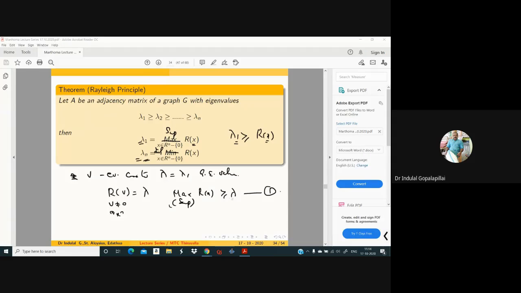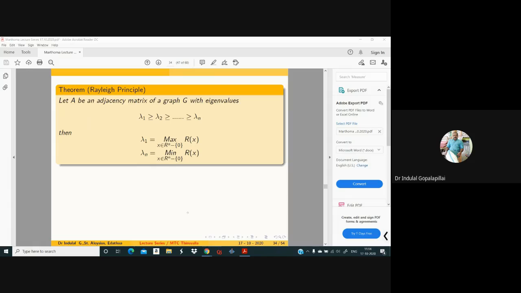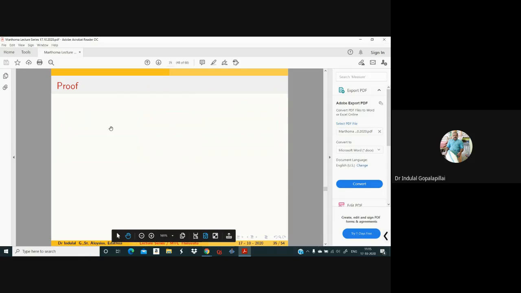And on the other hand, in the first session we observed that Rn has an orthogonal basis consisting of eigenvectors of A corresponding to the different eigenvalues. And since it has an orthogonal basis, by the Gram-Schmidt orthonormalization process, we can find an orthonormal basis for Rn.